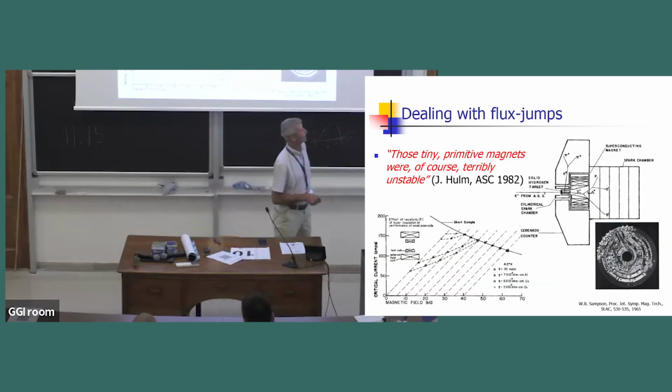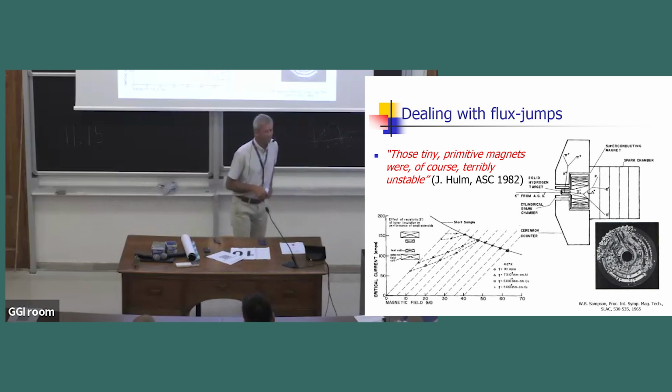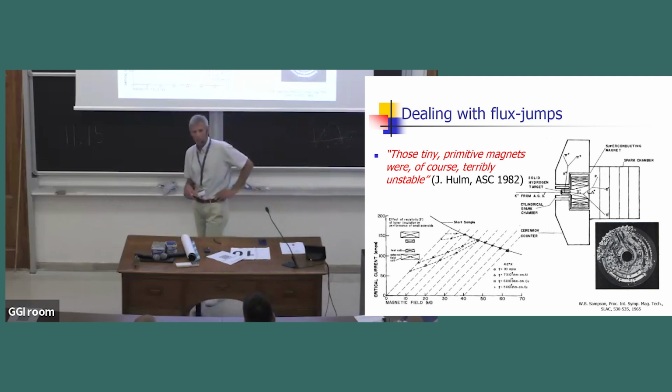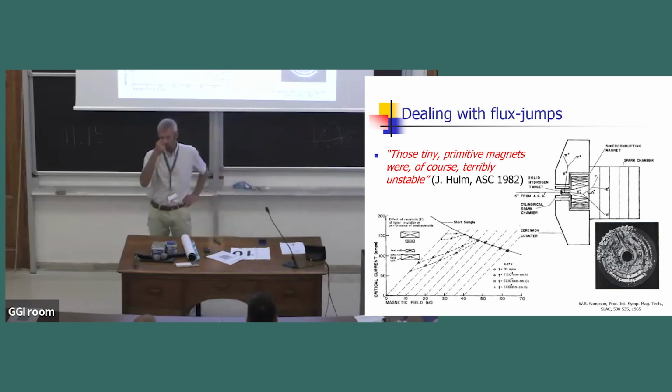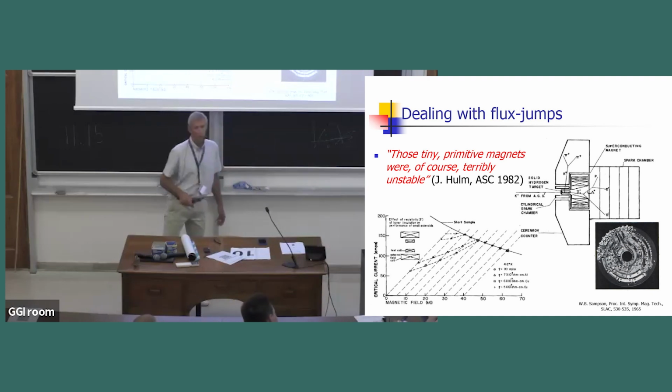All right, so at that time, the magnets were affected by a phenomenon that is called flux jump. It was one of the perturbations that we talked about yesterday. The flux that is trapped in the superconducting material would collapse, generate energy, and make the magnet quench. So people found a way to deal with that phenomenon of flux jumps, stabilizing the magnets. Okay, so that's what we talked about yesterday. And the first uses were in the 60s for detector magnets.